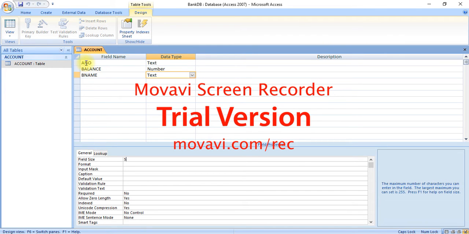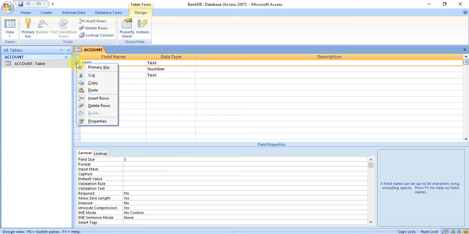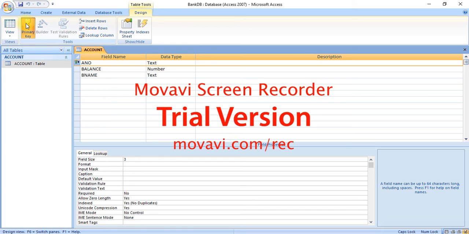To set a primary key, right click on this field and click on primary key. You can either click on primary key here or you can click from here.